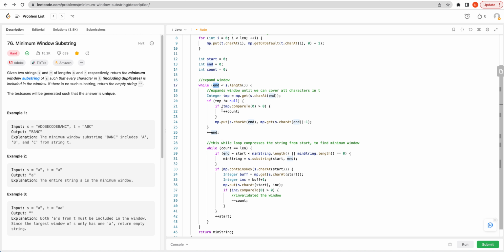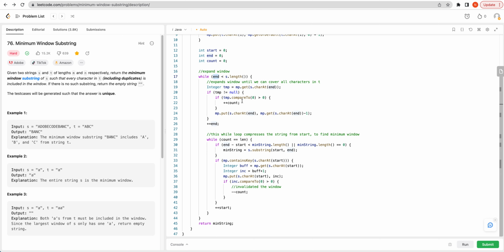you increment the end pointer, right? And that points to the start of the string s. So initially the end pointer points to character a, and then you look up into the hash map whether that character pointed by the end pointer is part of the frequency map or not. In this case it is, and so if it is, then you increment the counter. Okay, and then you update the hash map to reflect the most recent state, which is you make it 0. You decrement the hash map for character a. And so once you do this, you